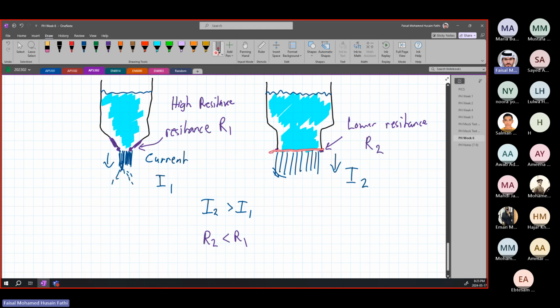Here we don't have wide resistance, because you see there is a small wall only holding it back. There is a larger opening. So we have a much lower resistance. So if you notice, when we have a higher resistance,